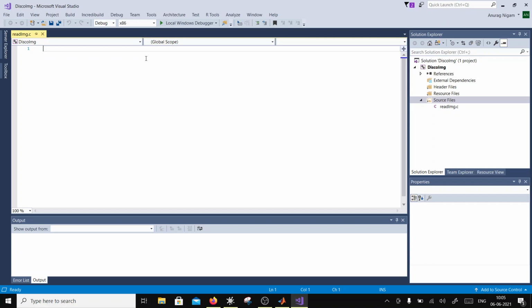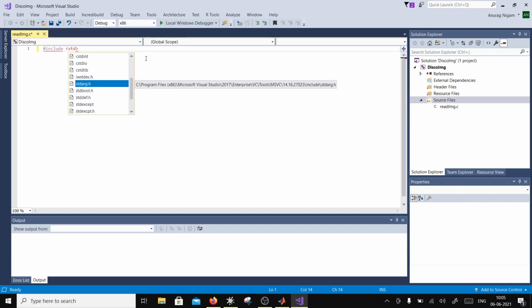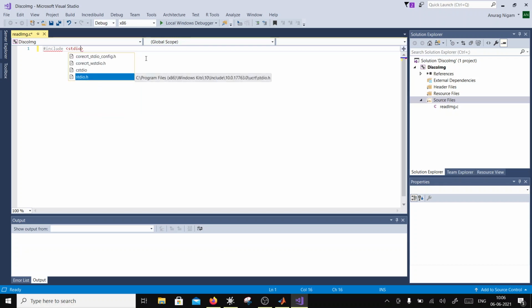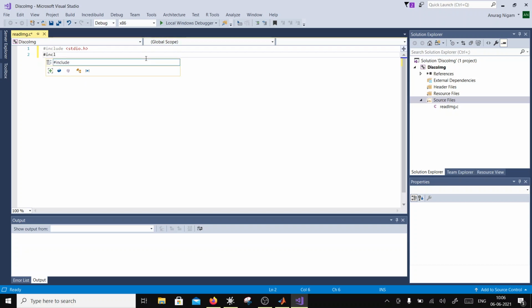First of all I'm going to do hash include stdio.h, and maybe if I use something like sizeof and all that, hash include stdlib.h. Okay, so now I am going to read.